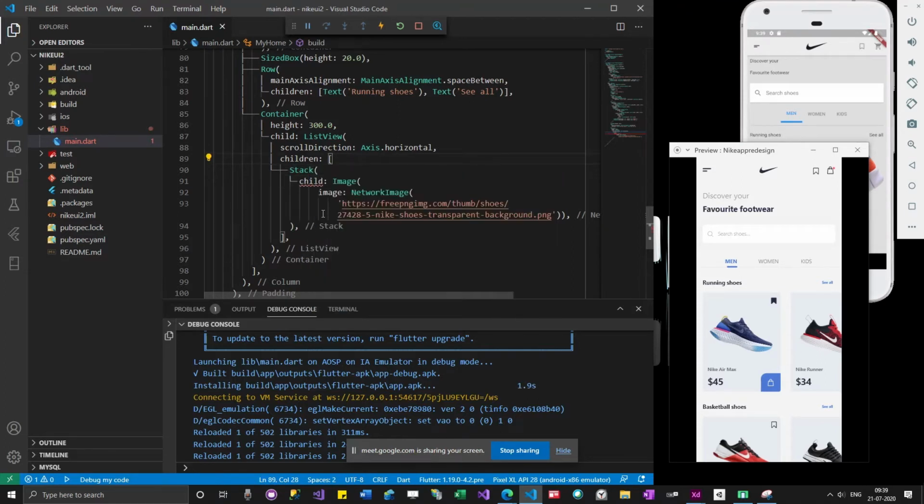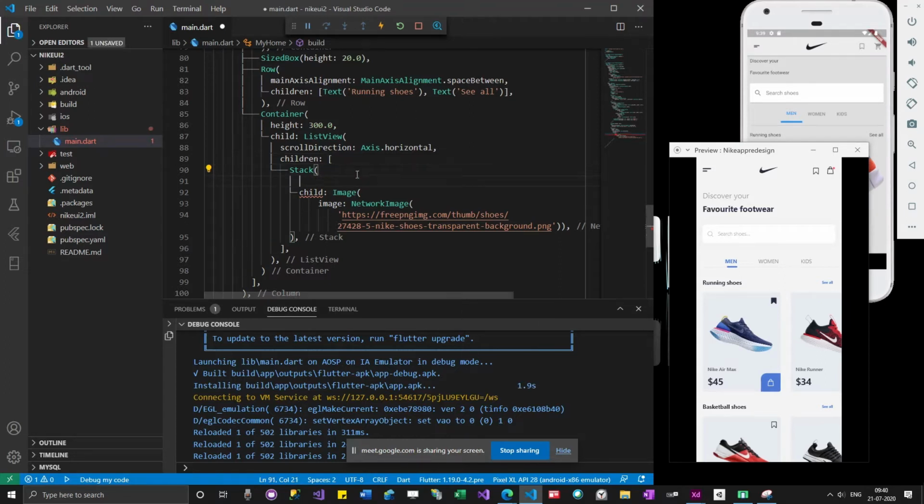Just imagine you are stacking inside a box. So this is a box, you are putting one item on top of other, one item on top of other. If you take a suitcase, you can stuff items wherever you want, right? So stack takes children of widget. And then I can pass this image over there.